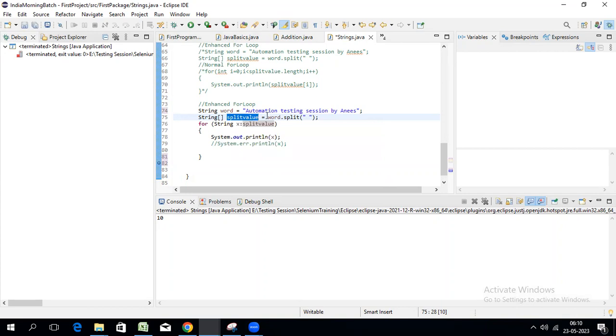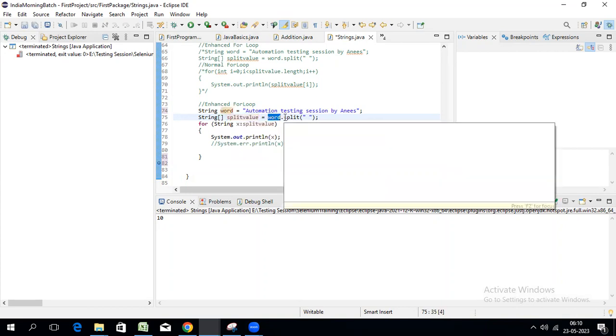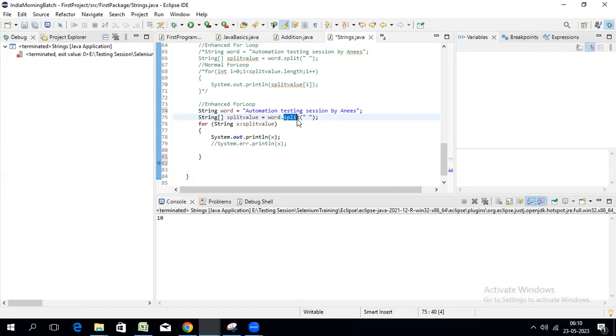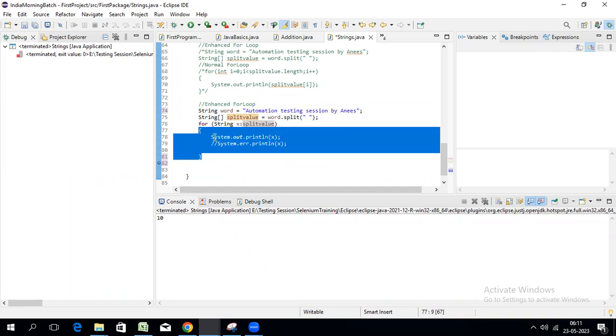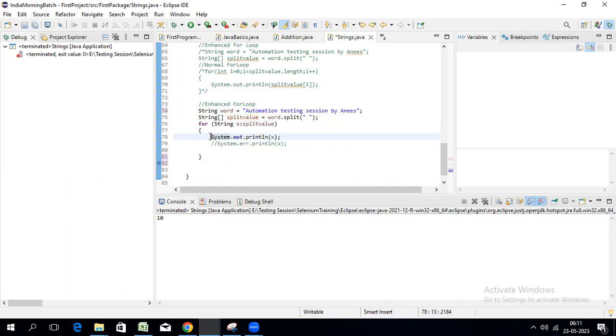Because here we are taking this variable and telling it to split this variable using space. And then after splitting, we are telling it to save that into an array. Clear? And then we have to print all the values from the array. So we are using this enhanced for loop, and then we are printing. Clear? So now what we want to do, for example, I'm having